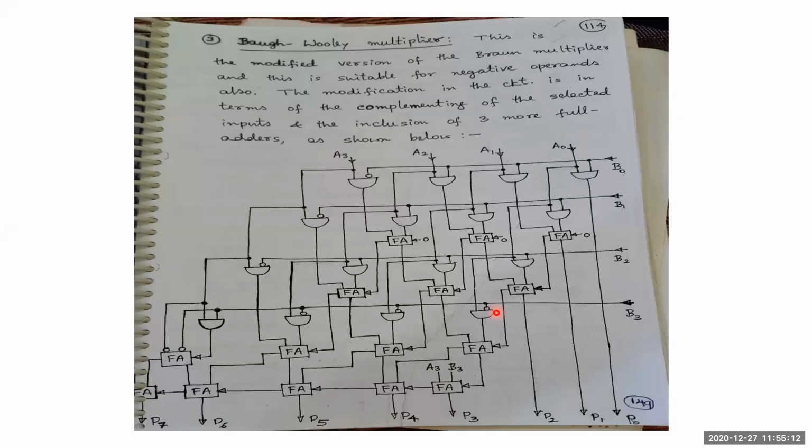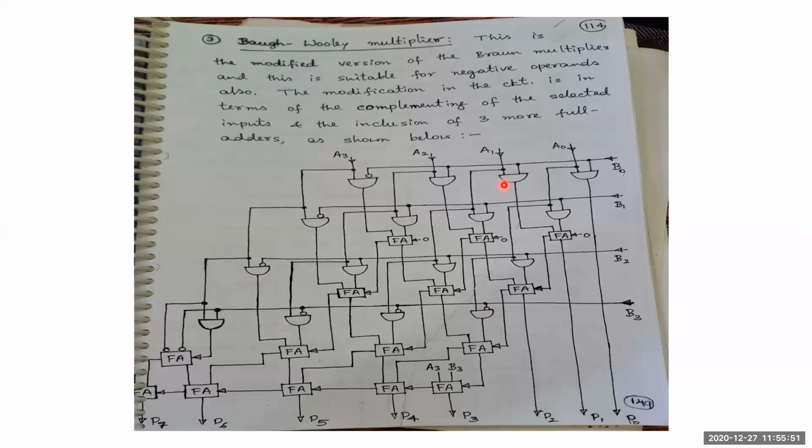Whenever you multiply a positive number with a negative number, what you do is convert the negative number, which is in binary form, into its 2's complement. First, you convert it into the 2's complement, then that 2's complement number will be multiplied with the first one, 5. When you multiply, ultimately you get a product equal to minus 35. That's the major multiplication aspect, how negative numbers are multiplied. Those multiplications can be done with the help of these AND gates.